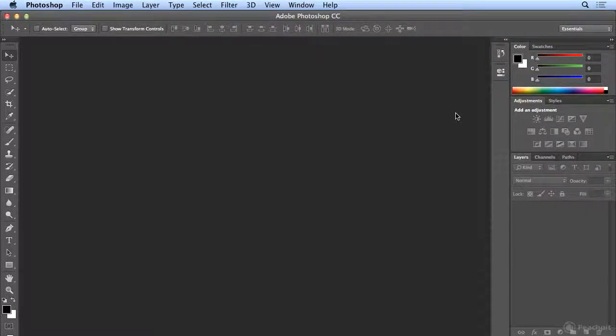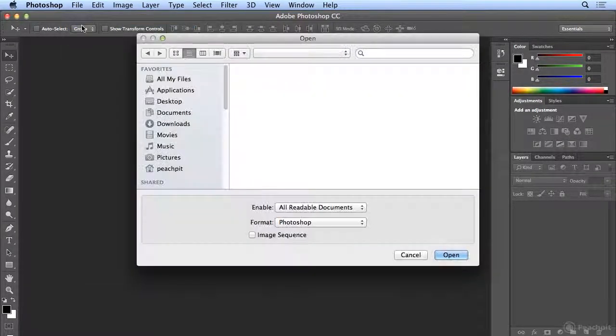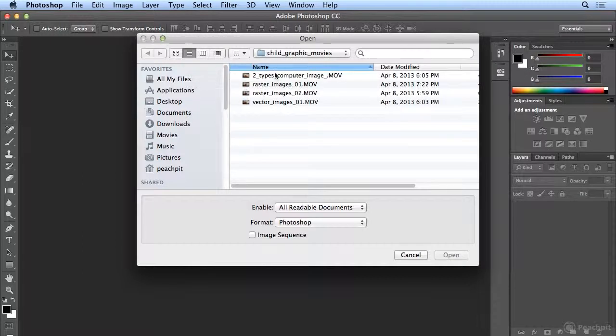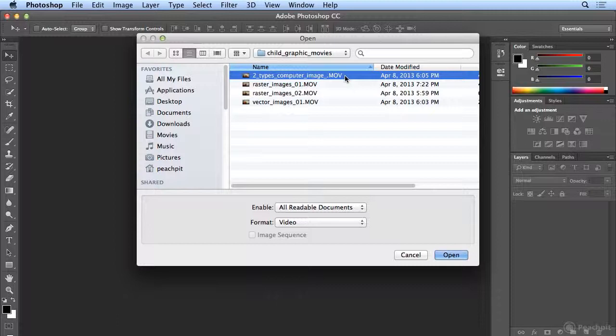Yes, you can do video editing in Photoshop. If I choose File, Open, and navigate to a movie format, I'm going to start with this QuickTime movie. QuickTime picks up the extension .mov. Now, if you're on the Windows platform, you will need a QuickTime player in order to play this, but this is the native format of my Nikon N1 camera. So if I double-click to open it up,